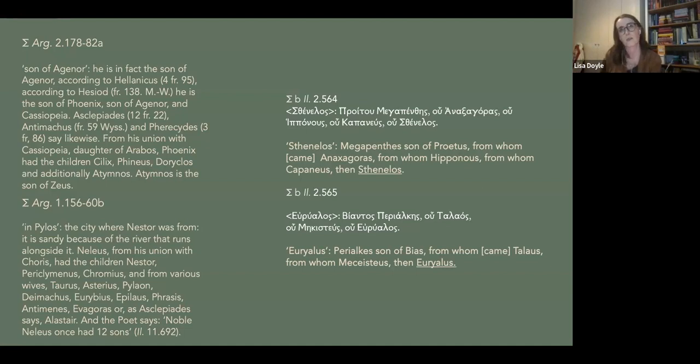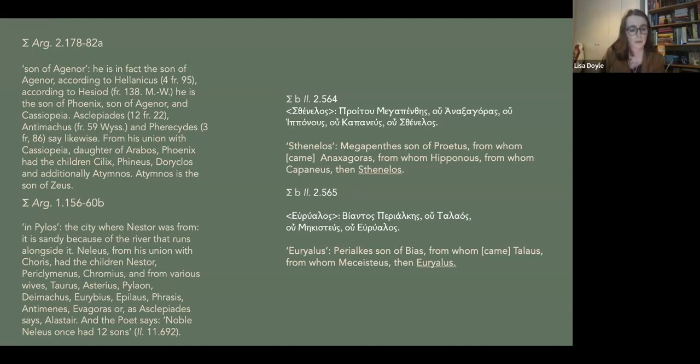René Nünlist, whose work will be on the list of references at the end, argues for the existence of what he calls an index of heroes. We see in the Scholia on Homer, for instance, that there points to the existence of at least an index or a catalogue of heroes or mythological figures that have the same name. Nünlist thinks that Alexandrian scholars for sure probably had a similar index, not just for characters of the same name, but for the various mythological figures that you encounter in epic poetry.